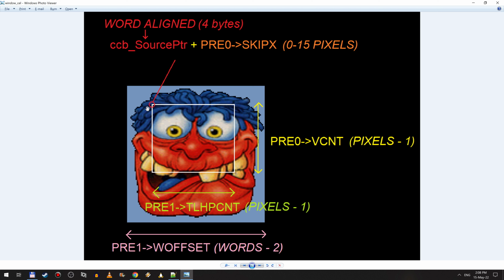Now, when it stops in the horizontal, if you start from here and you stop here, how does it know? Since the data of this texture are serial in memory, how does it know to not continue from here but continue from down here? This is happening with the W offset. This is, okay, when I finish rendering a row, even if I finished prematurely, how much to add from the beginning to go below to the next data? And this is going to be the greater length, the W offset,